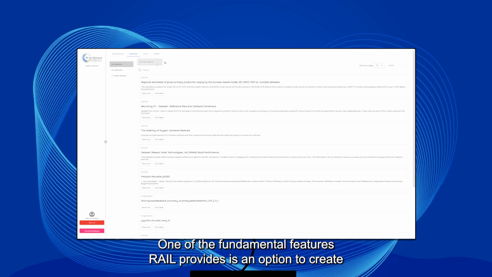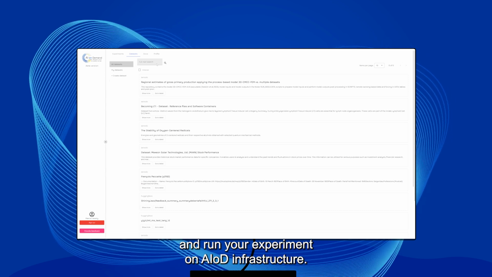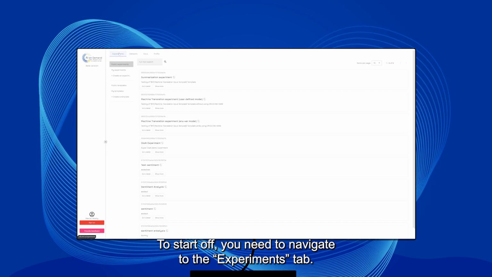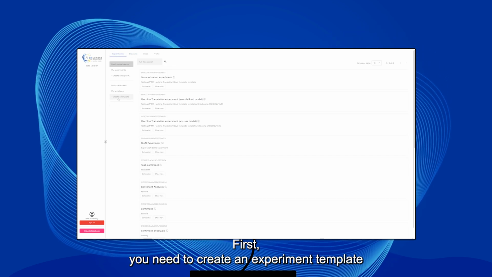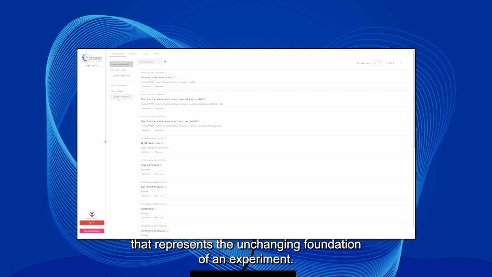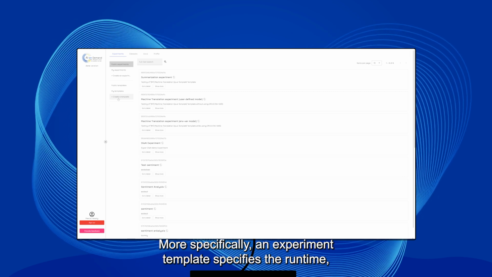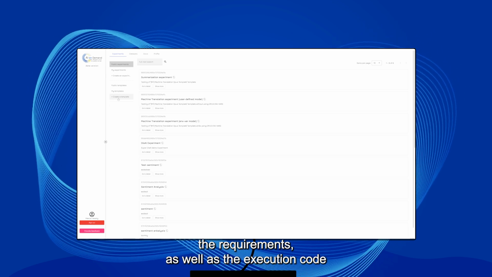One of the fundamental features Rail provides is an option to create and run your experiment on AIoD infrastructure. To start off, you need to navigate to the Experiments tab. First, you need to create an experiment template that represents the unchanging foundation of an experiment. More specifically, an experiment template specifies the runtime, the requirements, as well as the execution code together with a list